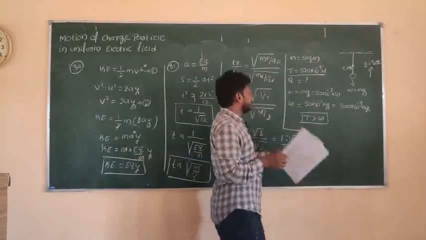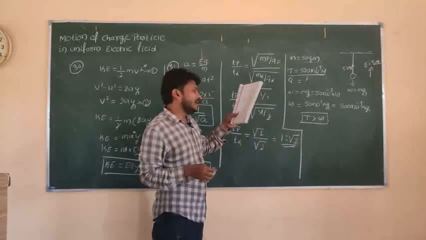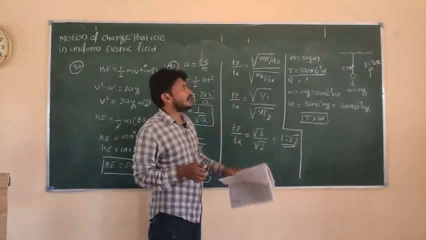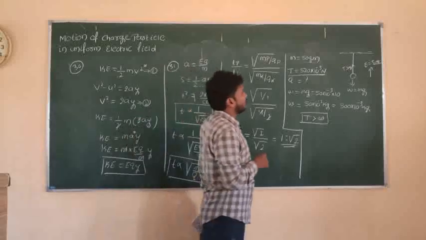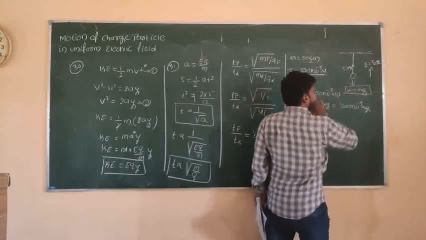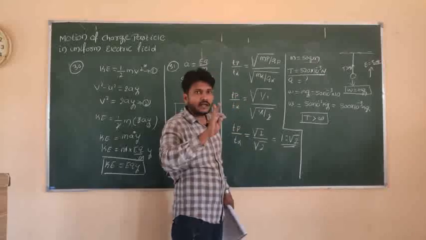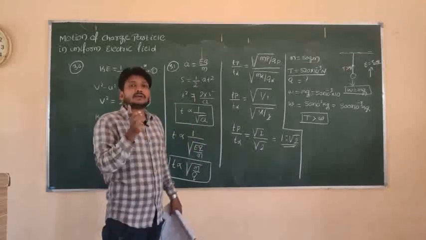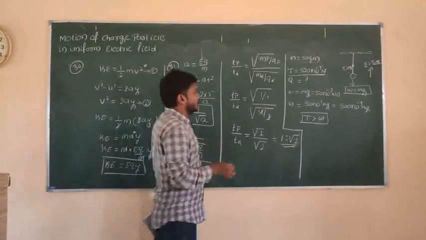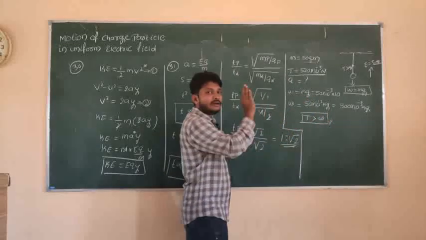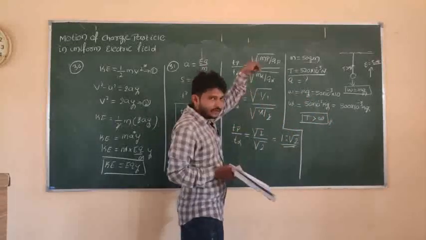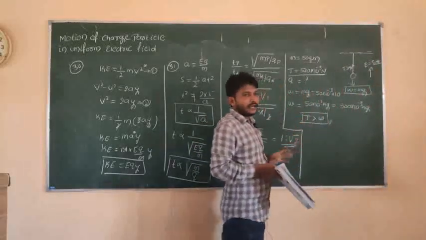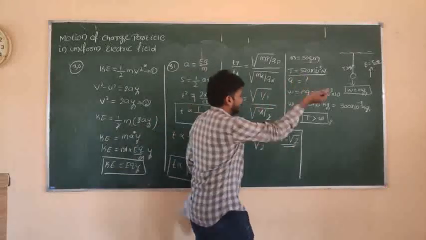The tension in the string is 520 and the electric field direction is mentioned as 5 Newton per coulomb in the upward direction. What is the direction of the electric field? Weight is acting in the vertically downward direction. Both are in opposite directions. So the force is in one direction and the field is in another direction, which means it must be a negative charge. What about the charge here? The charge will be negative. Why? Because weight is acting vertically downward and the electric field is acting vertically upward, so the charge must be negative.